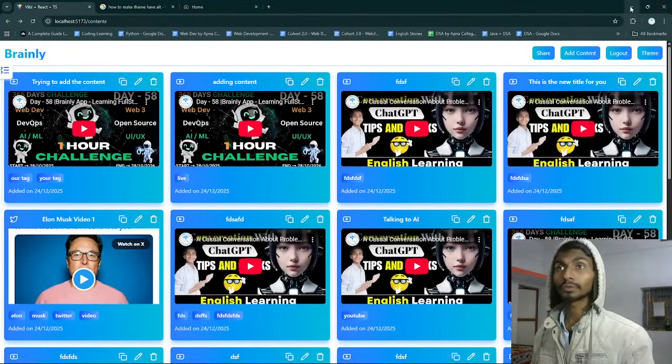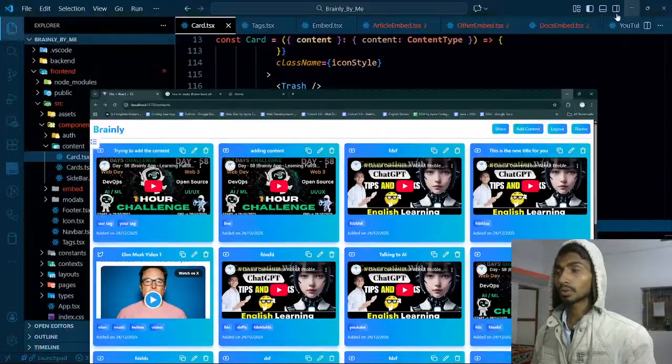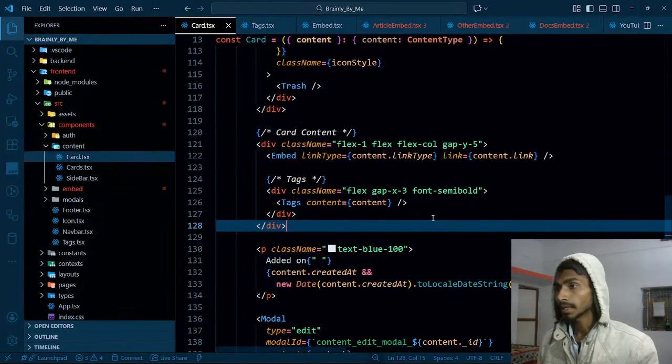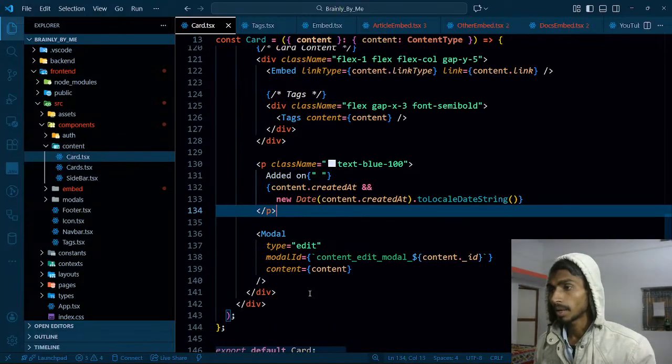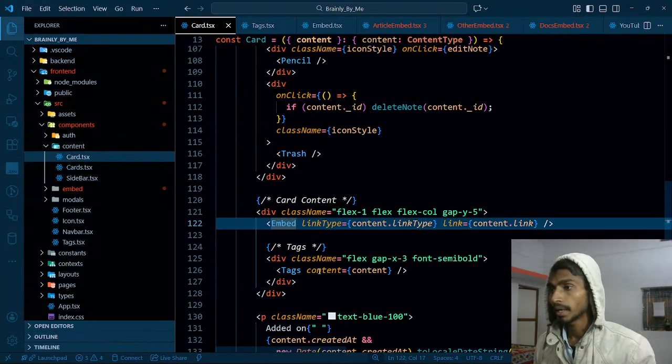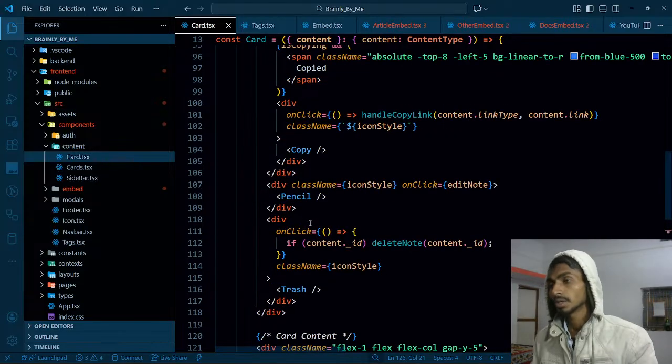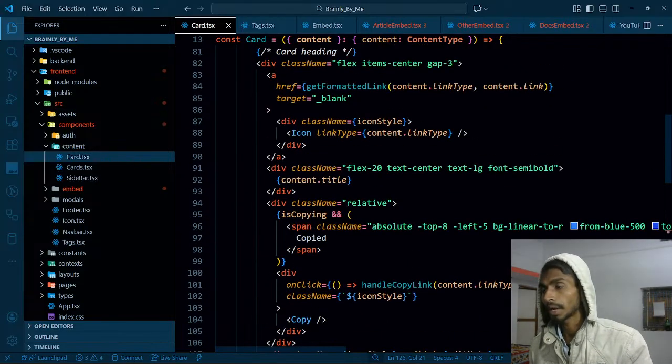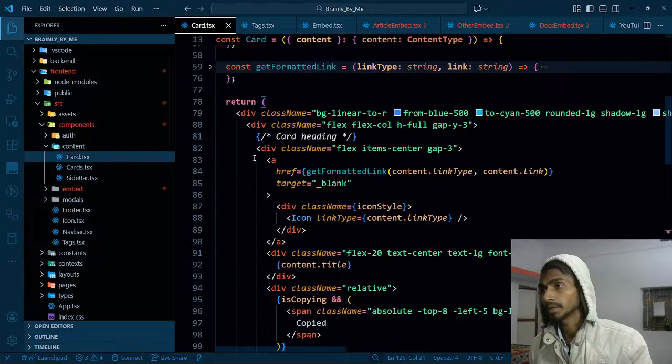And things are still working fine. That's good. The plus point is that things are getting formatted right now. That is what I wanted. Then I have my date, I have my model, then I have embed, I have tag, I have trash and all. So this is how things are just right now. Even I can do one thing, that